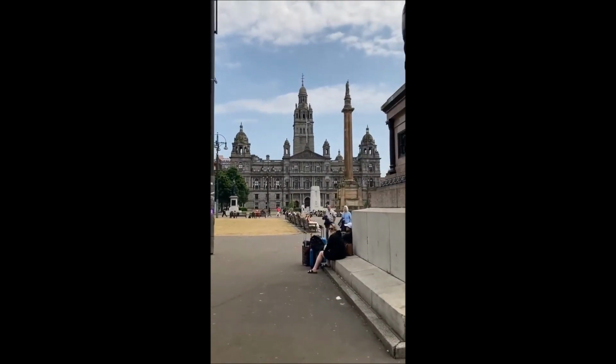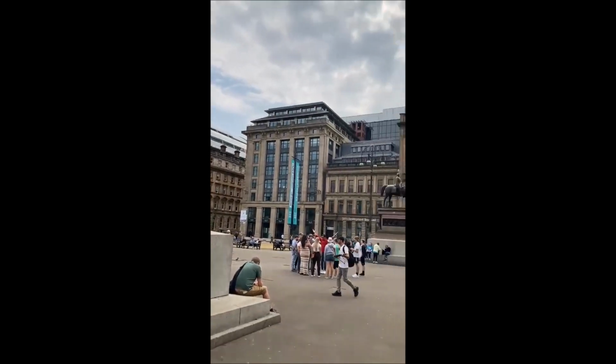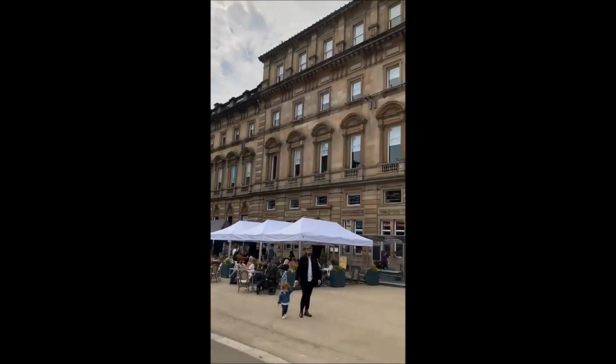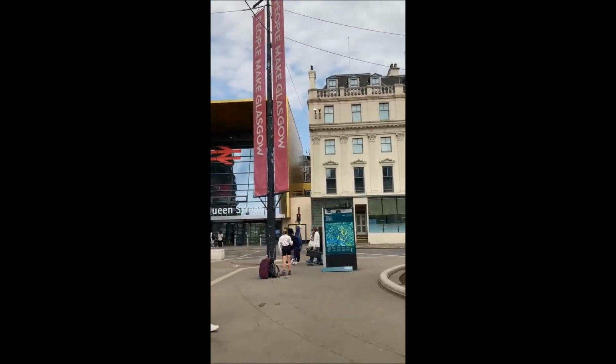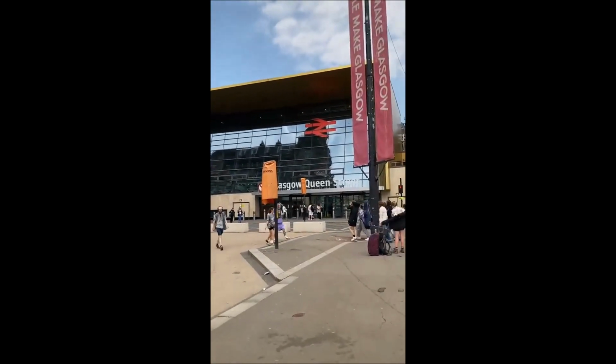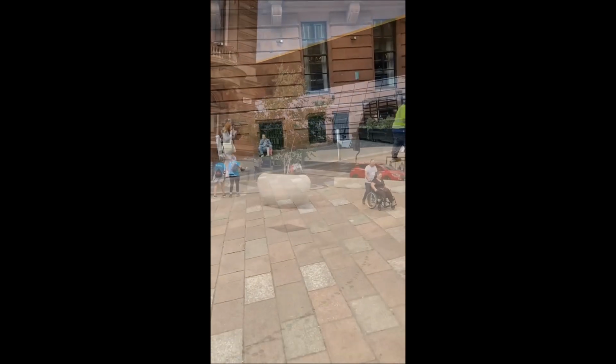That building right in front of us is Glasgow City Chambers. And as you can see, there's a load of other beautiful sandstone buildings. Apart from Queen Street Station, it just looks like a big glass greenhouse. Anywho, Glasgow wouldn't be Glasgow